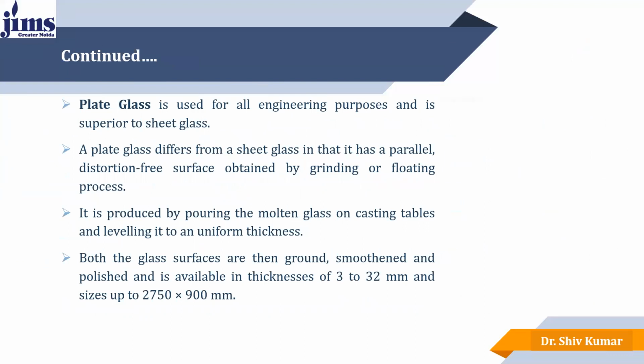Next is the plate glass. It is also used for engineering purposes and is superior to the sheet glass. A plate glass differs from a sheet glass in that it has a parallel distortion-free surface obtained by grinding or fluting process. It is produced by pouring the molten glass into the casting tables and leveling it to a uniform